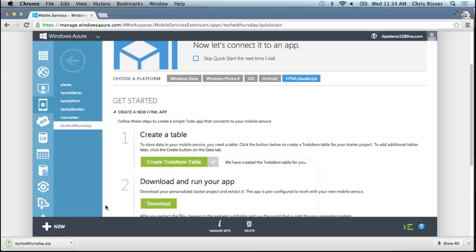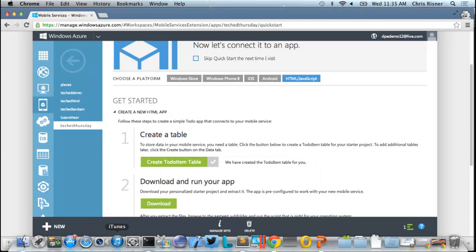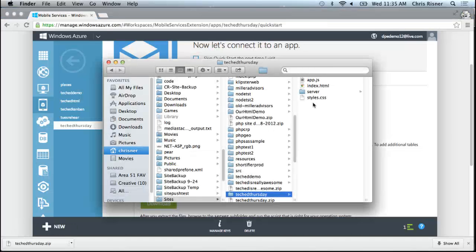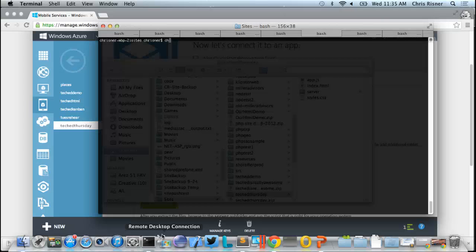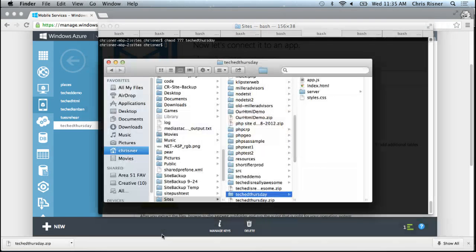All right, so I've downloaded that application, and I can see it's right here. I've got a couple different files there that we'll get into in a second. Before I can actually run it, though, because as he said, I'm a Mac, I've got to change the permissions on that directory so it'll be able to run in my local web server. So I've done that. So now if I open it up,